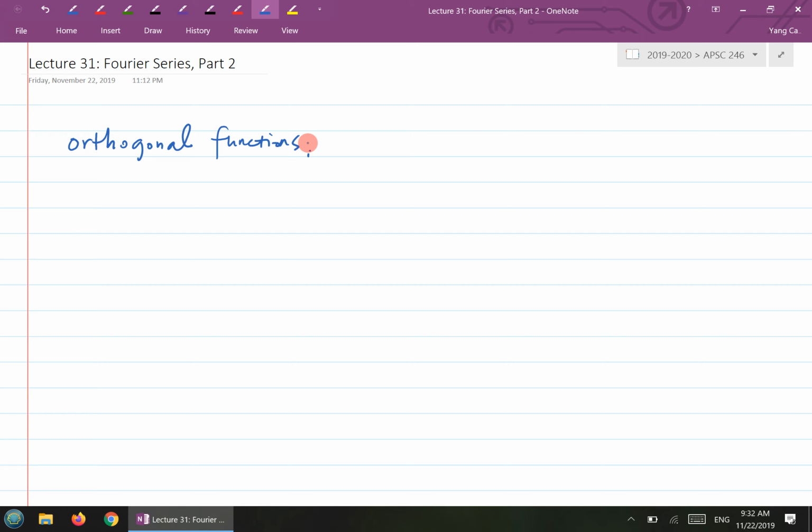But before we look at the detail, the calculation, I just want to cover a few simple concepts before we start looking at the Fourier series carefully, okay? The first concept is called orthogonal functions. Basically, if we consider the following set,